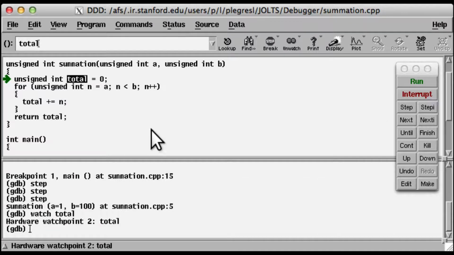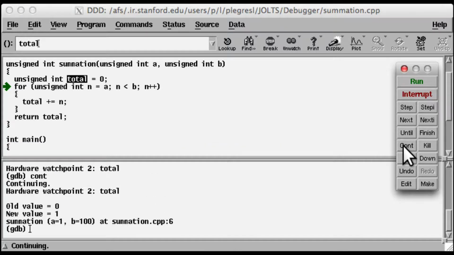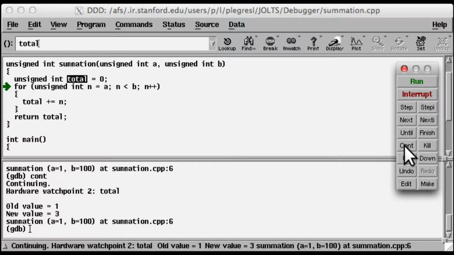So normally, if I just pressed continue here without any breakpoints set, there's no stop signs here, it would just blast through this code and run all the way to the end. But notice that what happens each time I press continue, execution has paused, and I get this information that it has stopped because I'm watching total. It will show the old value and the new value. And each time I press continue, it will automatically stop when total is changed, and it'll show the old value